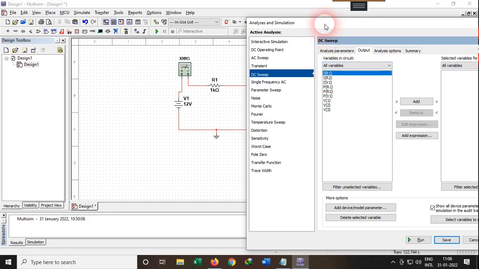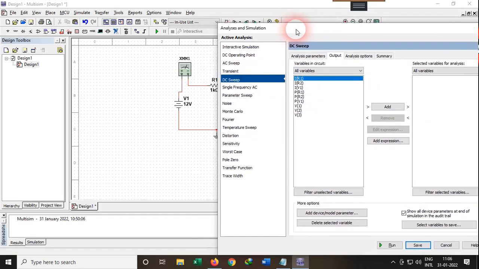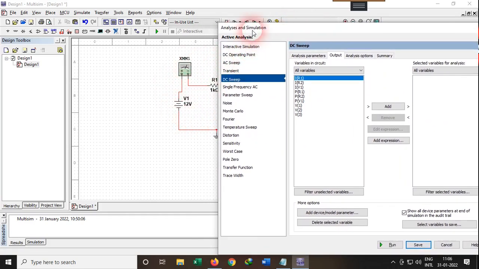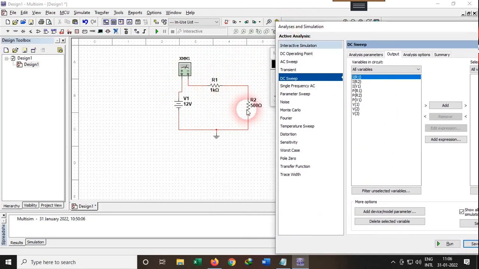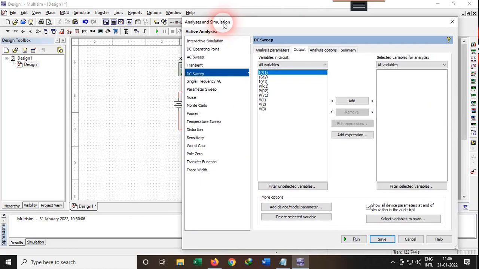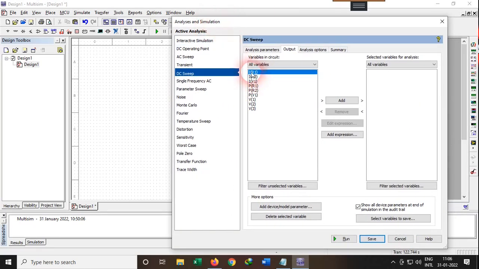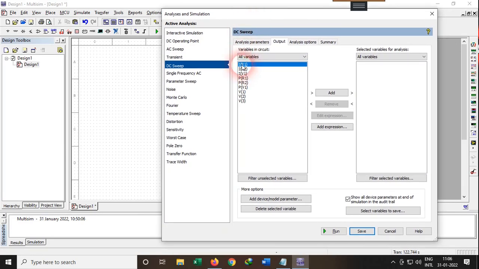Since this circuit is a simple one and we have connected both the resistances in series, the current through R1 and R2 is the same, because in a series circuit current doesn't change. So we can choose IR1 or IR2, it's up to you. Here I am going to choose IR1.